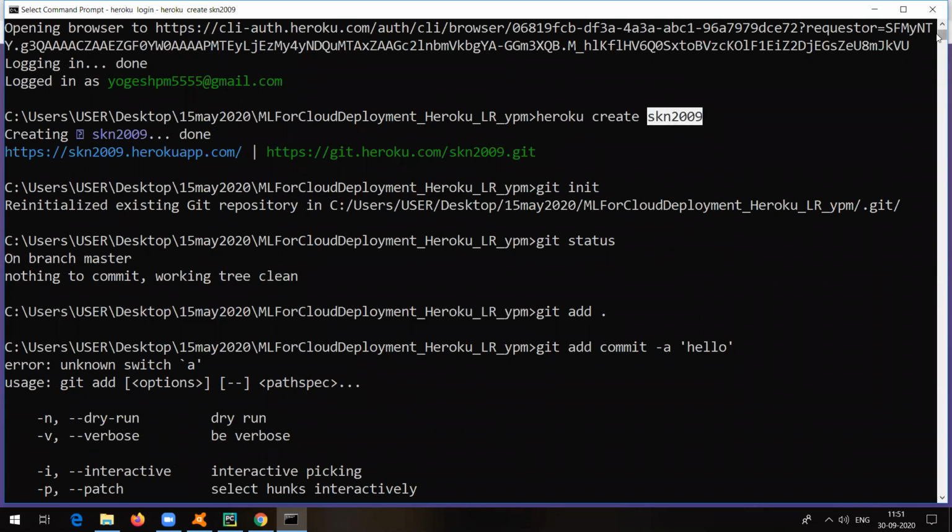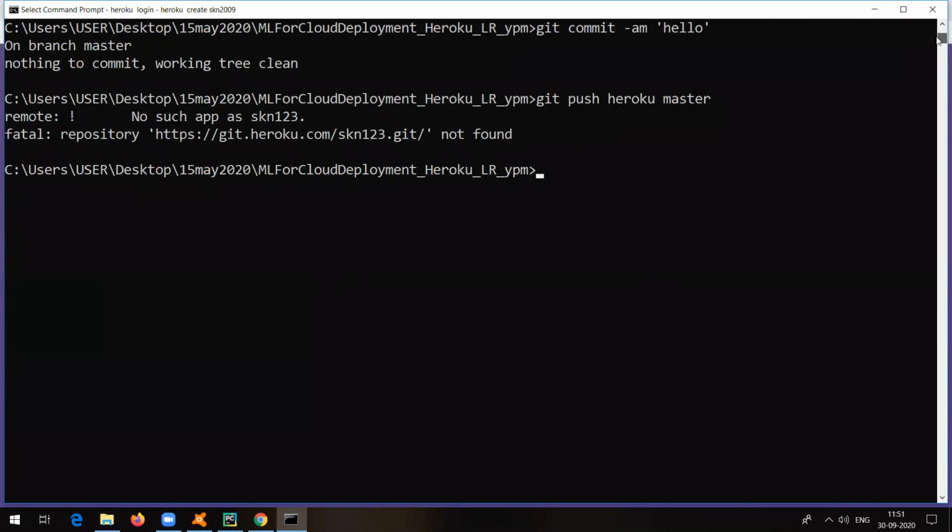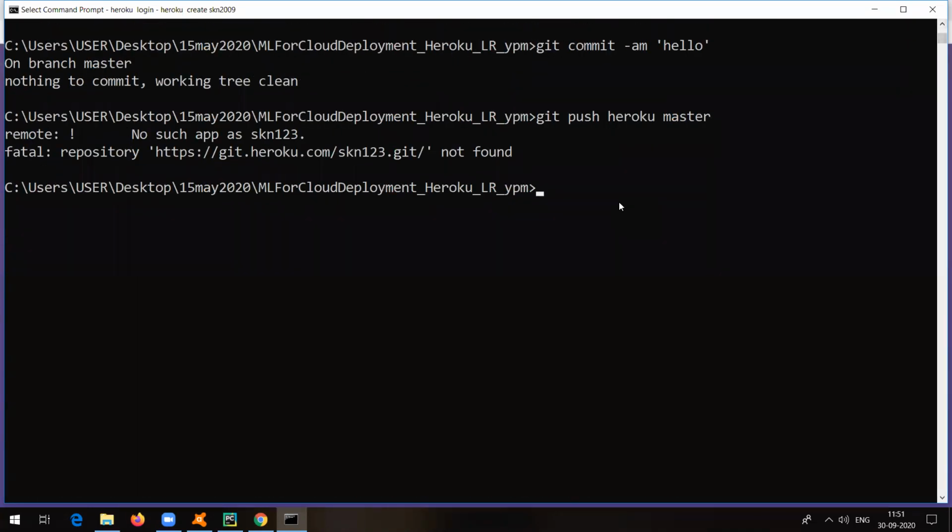That means the cloud is not able to detect our application. So there is one command to tell the cloud that that is not my current application which I am trying to deploy, my application name is something different. If you get this kind of error, you just need to enter this command: heroku git:remote -a and the name of your application.